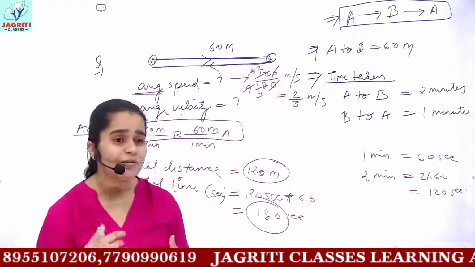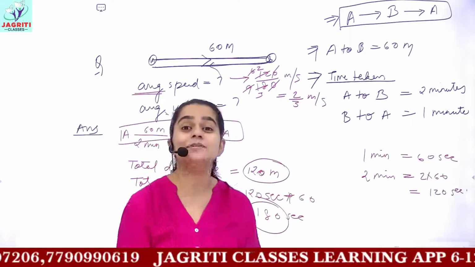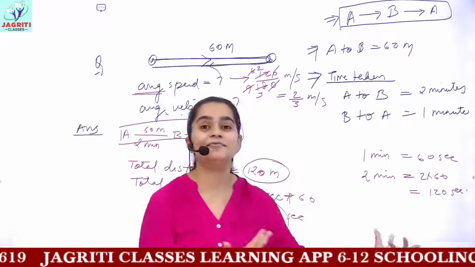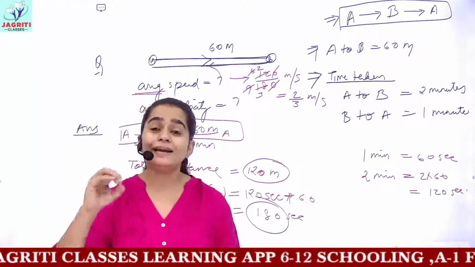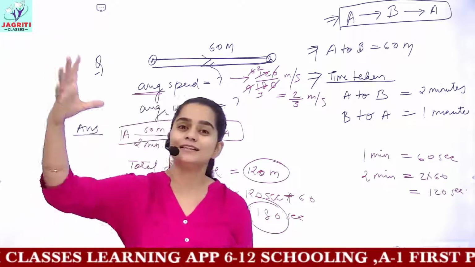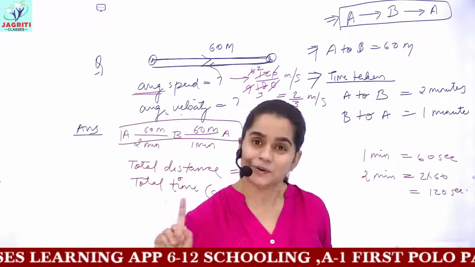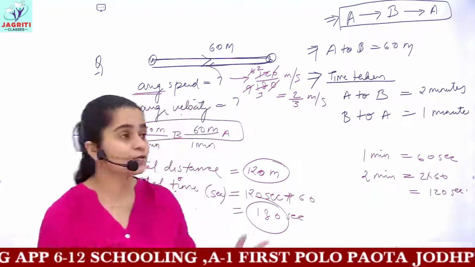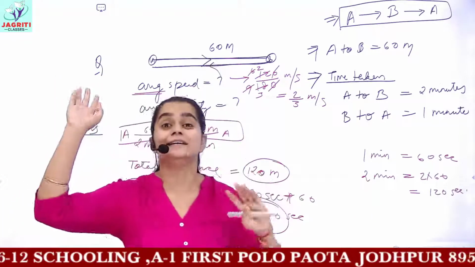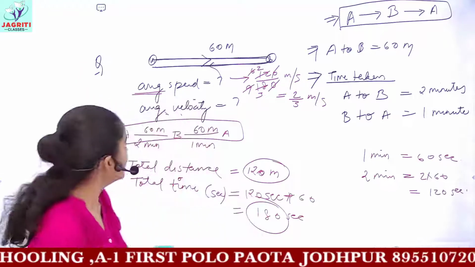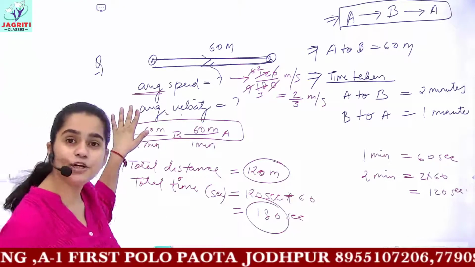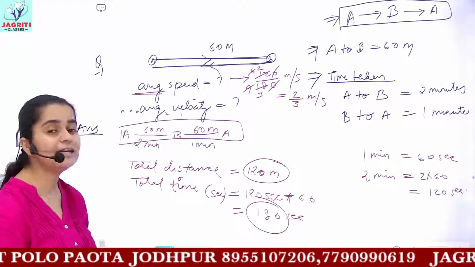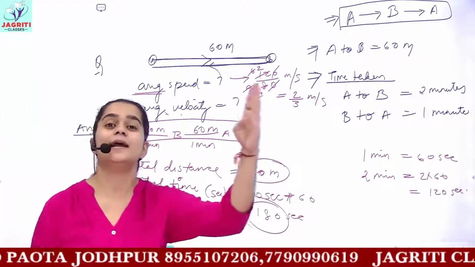I am repeating everything. I am revising the previous concepts because I want you all to revise it with me, and I want that whenever we finish this chapter, you at least have all the definitions, all the symbols and formulas in your mind. Therefore, I keep revising in every class. What do you mean by distance? What do you mean by displacement, which we did in our introductory classes. So for average velocity, you have to deal with total displacement. And for calculating displacement, it is the shortest distance between initial and final.